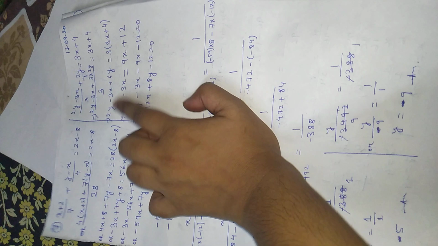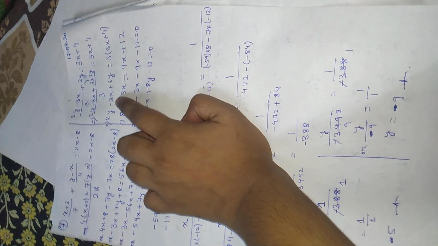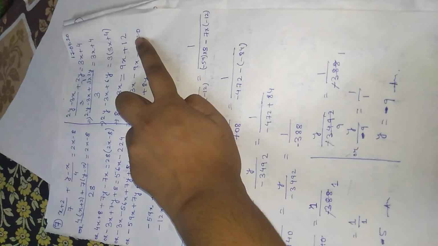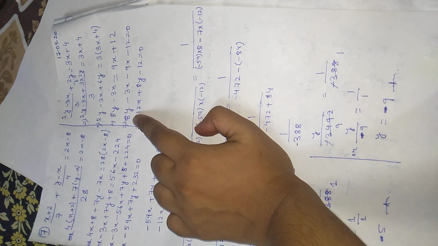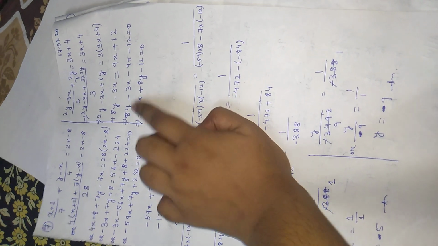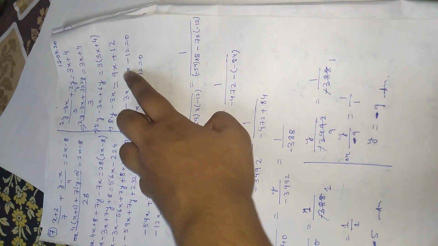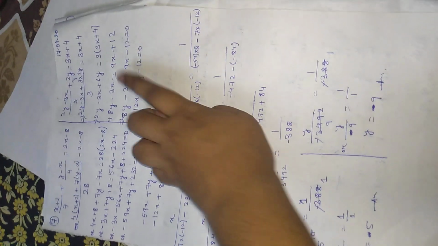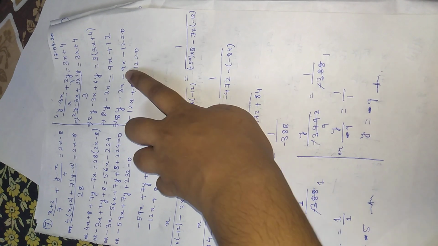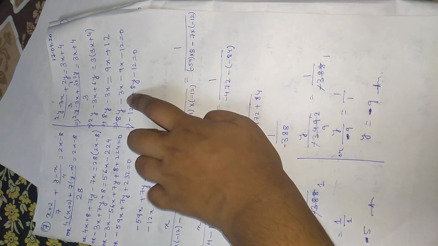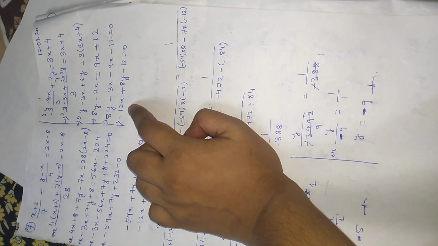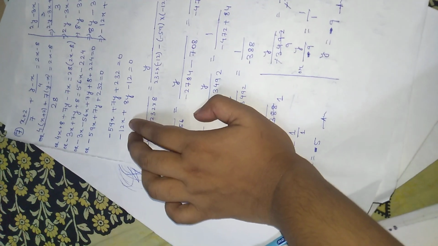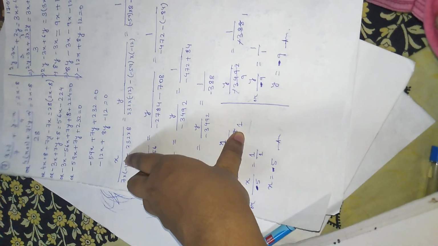Now see this one, 2y plus 6y, it will give you 8y, and minus 3x equals 3 into 3x, which will give you 9x. 3 into 4 will give you plus 12. Okay, now 8y minus 3x, I am taking 9x to this side, so it will become minus 9x, plus 12 will become minus 12. Okay, now minus 3x minus 9x will give you minus 12x plus 8y, and then minus 12. I have written these two equations here to solve the question using the cross multiplication method.